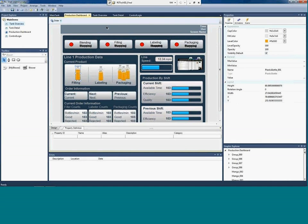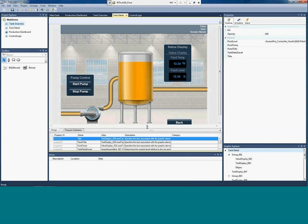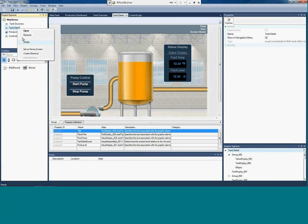Let me show you one that's already populated, which is the tank detail screen. Here you'll see that Mark has already filled in 5 different incoming properties that apply to that screen. The beauty of it is, one, navigating to those screens and changing what properties are sent to them becomes easier, but we're also able to create shortcuts for those screens and make them more reusable in that way too. So if I were to right-click on the tank detail and say